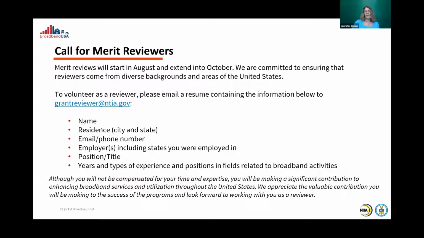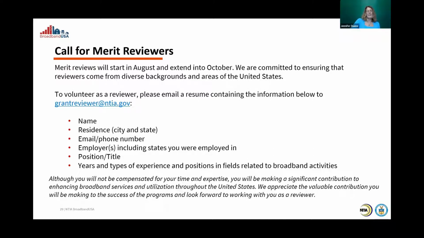So as I described on a couple of slides, we do have a merit review process where we are using objective reviewers to look at the applications that were received. So we are actively looking for merit reviewers to volunteer to serve as a reviewer for this program. We'll start merit reviews in August and into October, and we really just want to make this an announcement and ask for your help to volunteer to serve as a reviewer for this program. You can submit a resume at the email noted here,